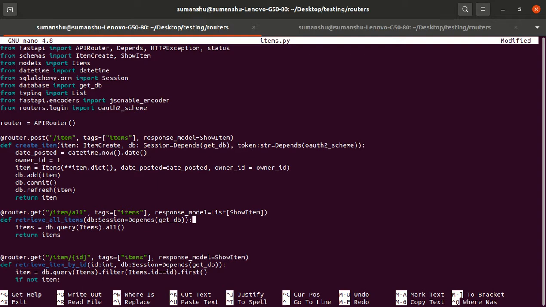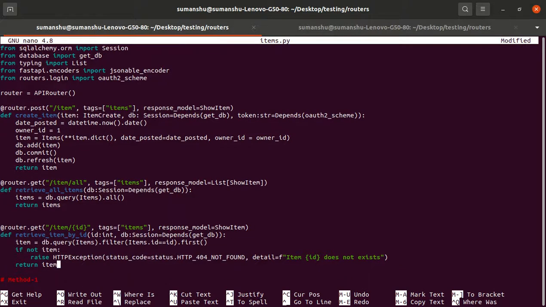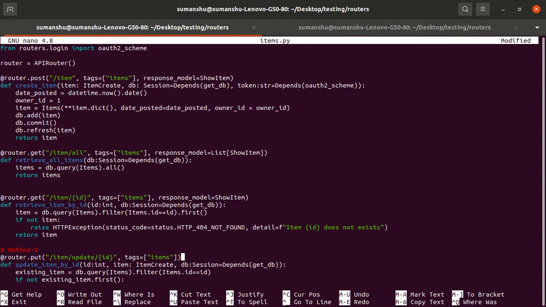Okay. And in the get, we will not implement. When we put, so when the user will try to update, the user should update only their own information, auth to scheme. So here as well, no, not here, sorry, not in the path but in the function. So we will accept the token.